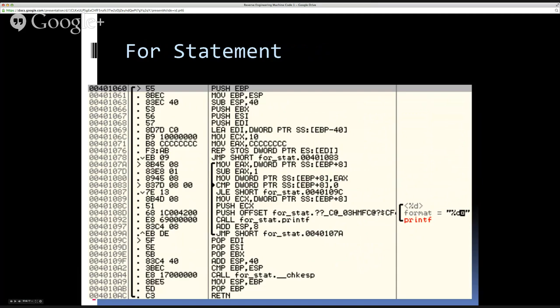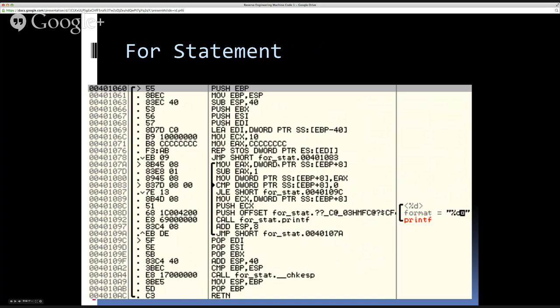You see it pushing two arguments to printf. ECX receives the current value of I, and that gets pushed, followed by the format string to printf. Then it hits the unconditional jump, which takes us back up to 7a, and now it's going to subtract 1, and then it's updating I by moving